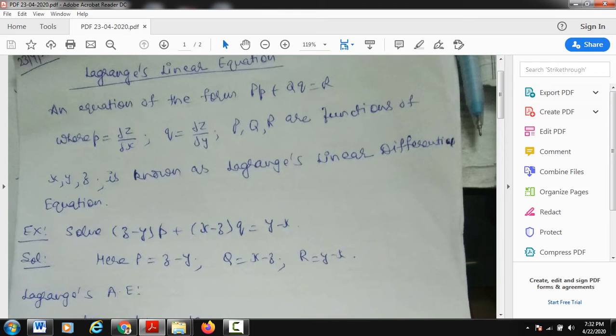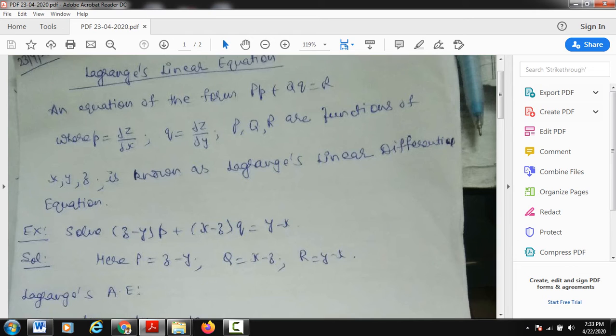They are not multiplying together. Also, they are having the degree 1. So this is your first order linear partial differential equation, or in other words we can say this is your Lagrange's linear differential equation. Okay, so the first step is to just identify whether this equation is Lagrange's linear differential equation or not. So the check is, again I am telling you, the derivatives which have been involved in the equation must be of order 1 and they must possess the degree 1. After that you will write the Lagrange's auxiliary equations.